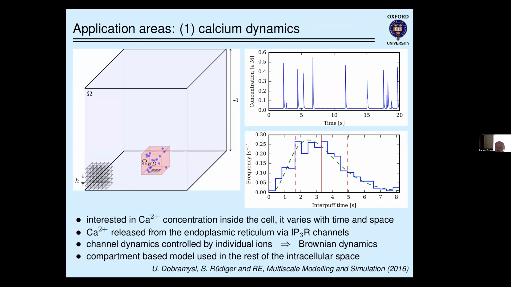It's the calcium which is released from the endoplasmic reticulum through some channels, and these channels can open or close, and they are controlled, whether they open or close, depending on individual ions. There are some binding sites to which these individual ions can bind. So you simulate them close to the channels using Brownian dynamics. And when a certain number of ions bind, then these channels open and a lot of calcium is released inside